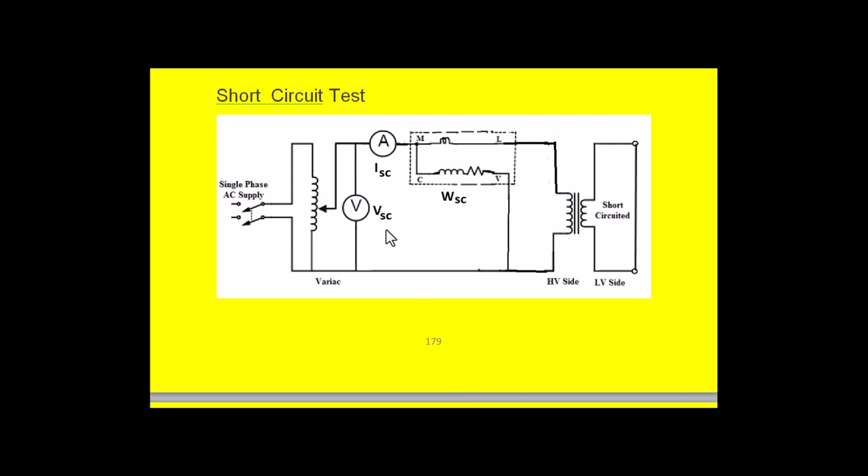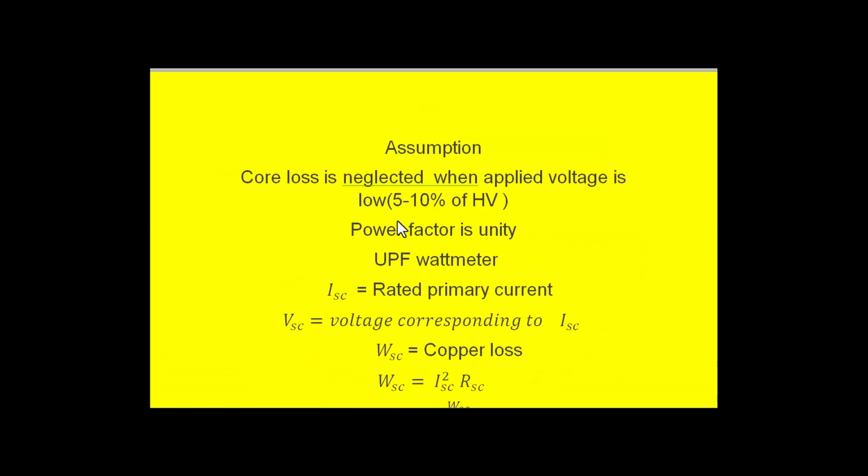Here, first the variac should be kept at the minimum position, then varied slowly so that the ammeter shows the rated current of the HV winding. Once the ammeter reaches the rated current of the HV winding, the movement of the variac should be stopped. Under this condition, note down the wattmeter reading Wsc and also the voltmeter reading, that is Vsc. Once these values are noted,